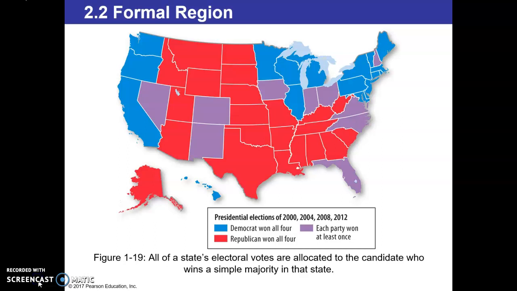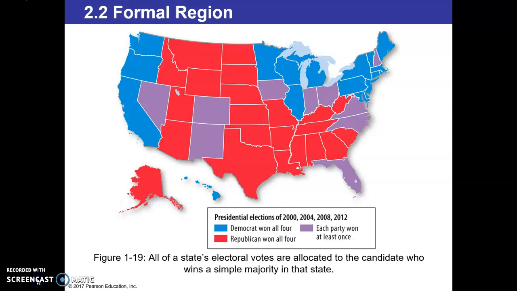The Middle East can be used as an example of formal region. When we look at some of the shared characteristics in the Middle East, we can look at language, in which Arabic is the common language spoken in the region, and we can look at religion, and Islam is the common religion that is practiced in the region. This does not mean that other religions or languages are not present in the region. It just means that they're not as prevalent as the ones that I named before.